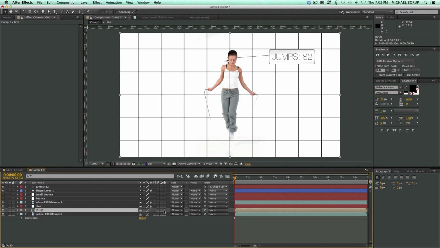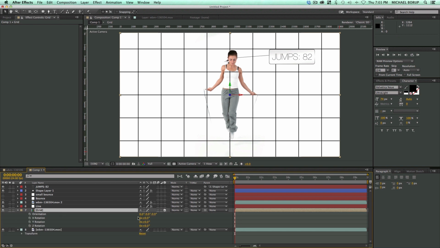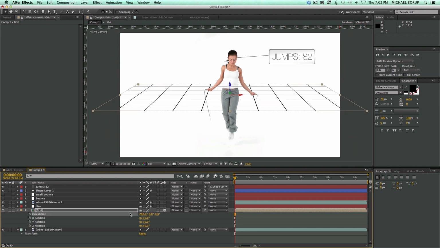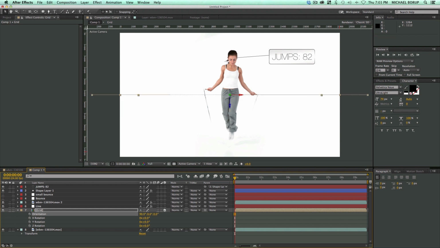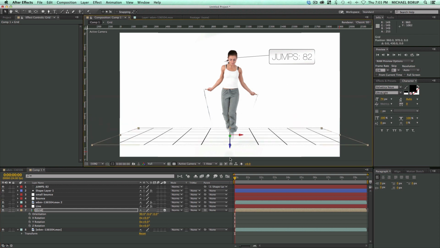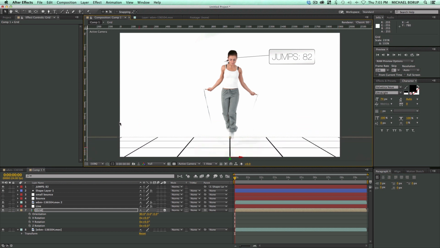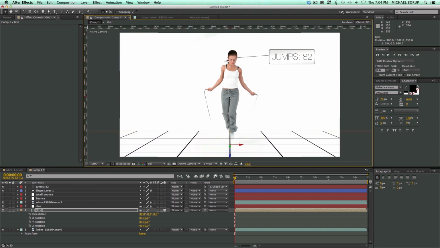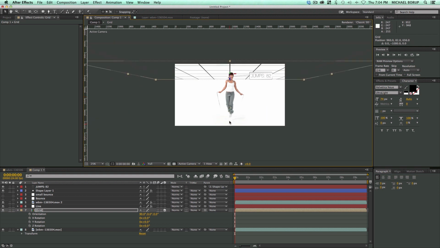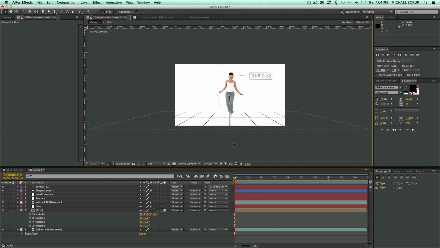And let's now turn it 3D. Let's orient that. Scale it up. Move it back. And let's maybe move it so she's not right on a line. Okay. Now what I also want to do is,